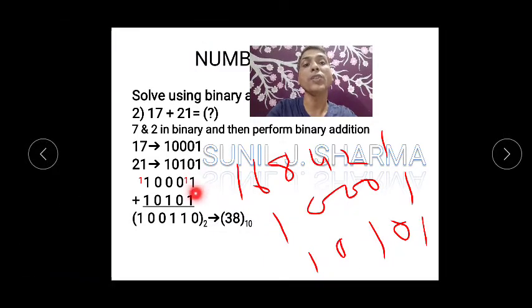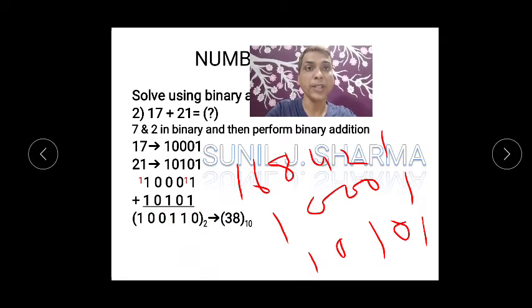Now can you see 1 plus 1 is 0, carry 1. Now 0 plus 0 is 0, but since we also have carry, that's why I have written here 0 plus 1 is 1, 0 plus 0 is 0, 1 plus 1 is 0, carry 1. So this is nothing but 38. You can cross check also. Everyone knows what the answer will be, but that number should be perfect, and I want to see all the steps and all.